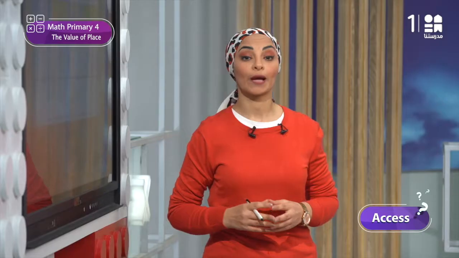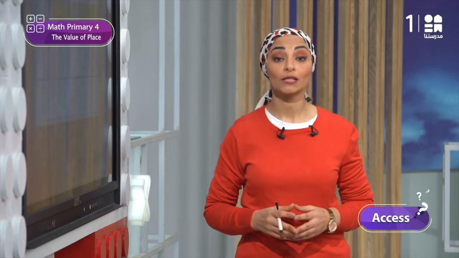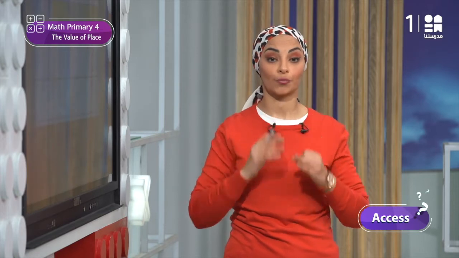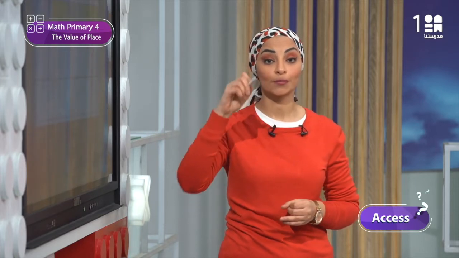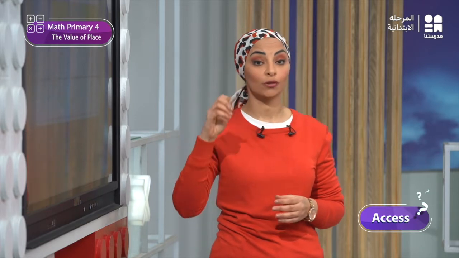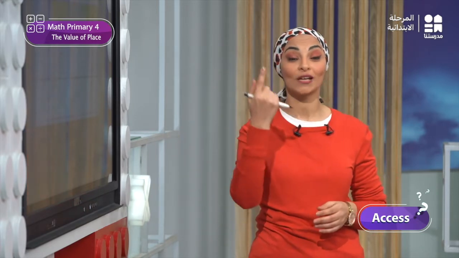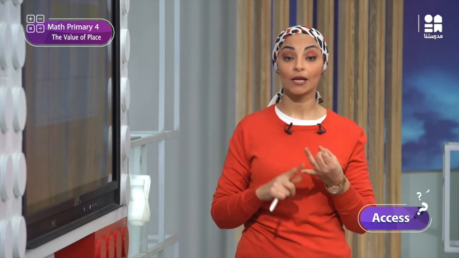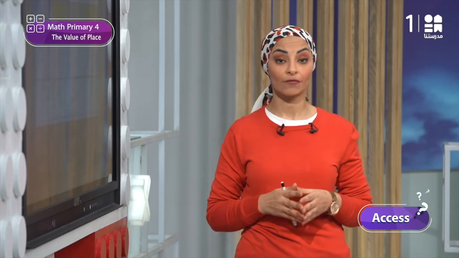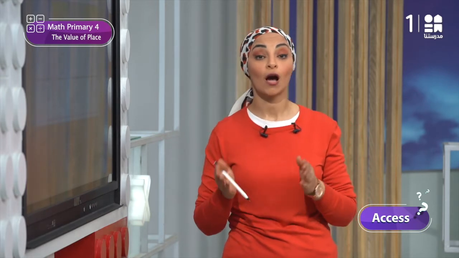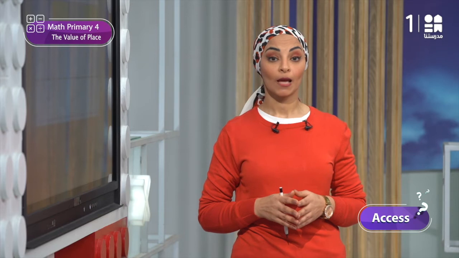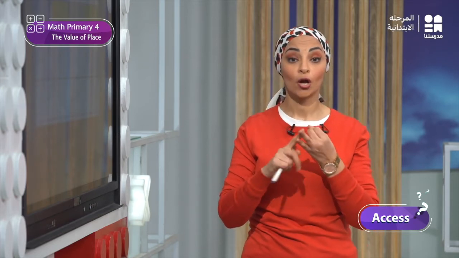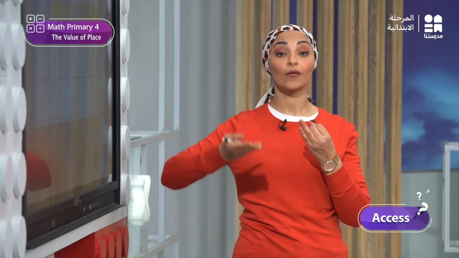The problem also tells us that the number in the ones place is odd and prime. That means odd and at the same time prime. So of course I will not write 2. We know that 2 is prime, but I will not write 2 because 2 is the only even prime number. What can I write? I can write 3, 5, or 7 because 3, 5, and 7 are odd and also prime. But the number must be a factor of 9 and 12, and also less than 4 and greater than